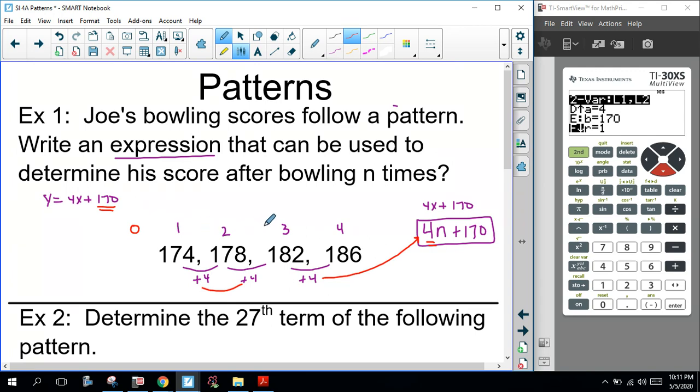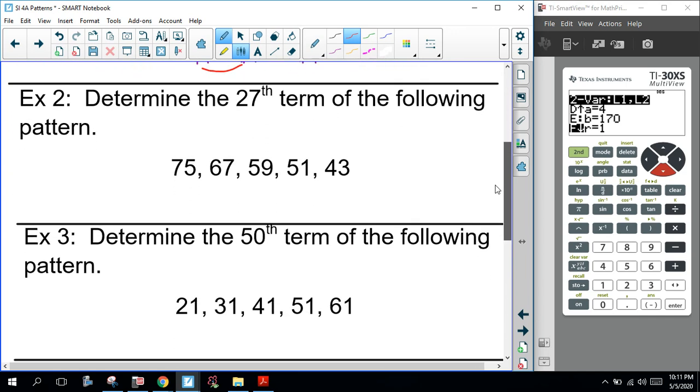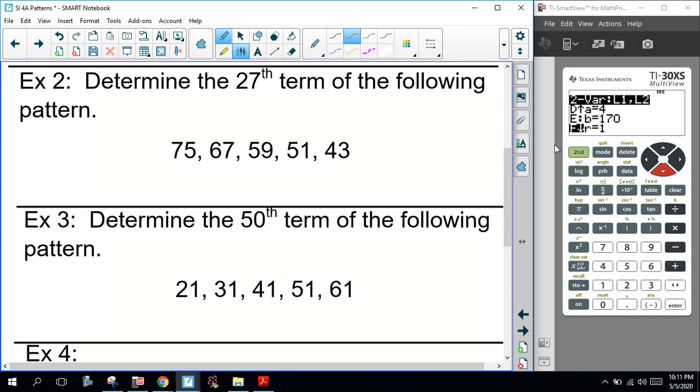So if these are my x values, the question is, what would the ordered pair be when x is 0? Well, what did I do? I went backwards by 1. I subtracted 1. So with my y values, or with this pattern, instead of adding 4, I'm going backwards. I would subtract 4, and I'd get 170. And that's where this came from. The y-intercept is where the x value is 0. That being said, let's take a look at example 2